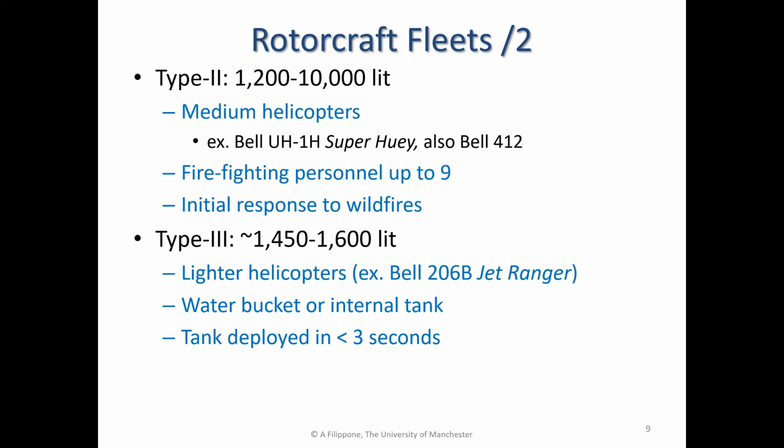So once the alarm has been given, they are the first to go there to wildfires. Type 3 finally is the light helicopters. An example given here is the Bell 206 Jet Ranger. I'll show you some tracks of this one here. It can load buckets of about 1,500 liters. It can be both a water bucket and the internal tanks, which can be deployed in a matter of a